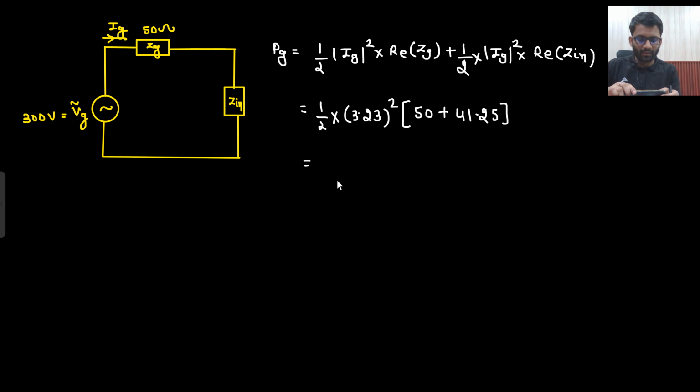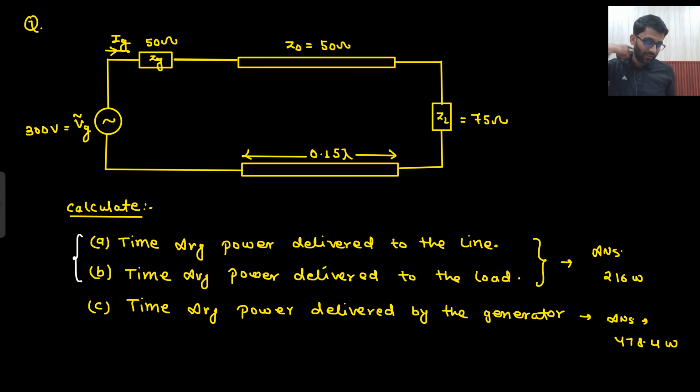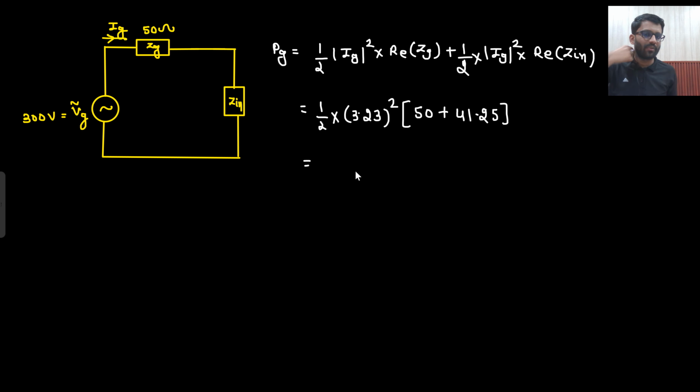91.25 into 3.23 into 3.23 divided by 2. Roughly around 476. Here you are getting 478.4. So if you do the exact calculation, then you will get this answer. Here some point difference is there. So this is the power delivered